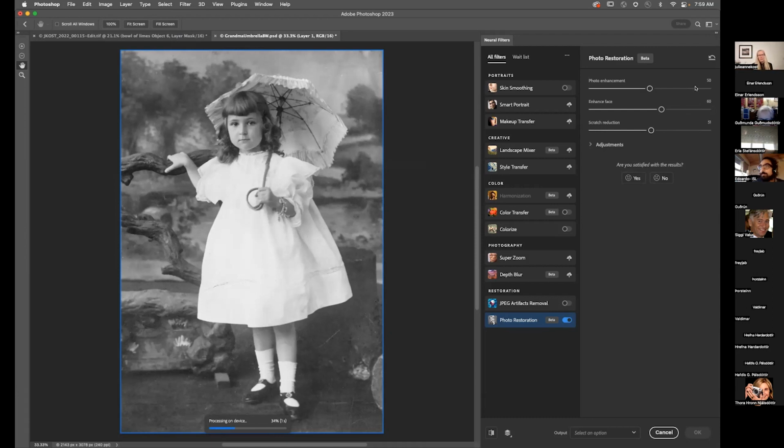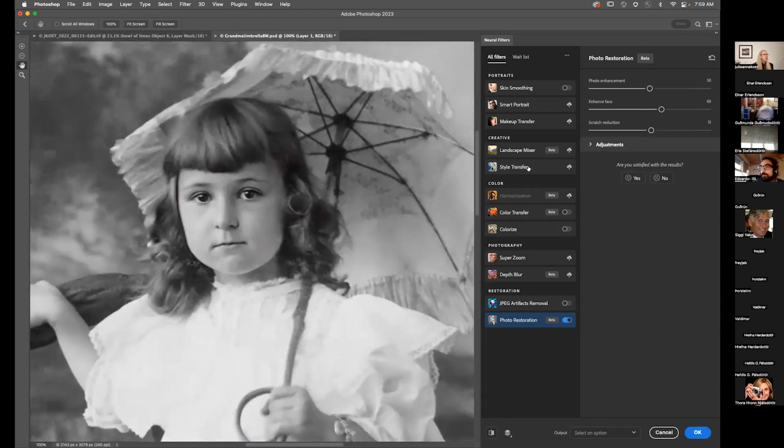I'm going to guess at this point that I was somewhere near 50 and 50. And if we go Command 1 and zoom in and look at the face, it's actually making up pixels, right? So it's not using someone else's eyes, it's actually creating those from scratch. So I'm going to go ahead and enhance it like 100%. But again, see, the skin is just too smooth in comparison to the amount of noise in the background. Plus, it didn't quite get all of the hair, right? And there's no way for me to manually override that. So maybe I'm not satisfied with the results, or maybe I am. But when I apply this,